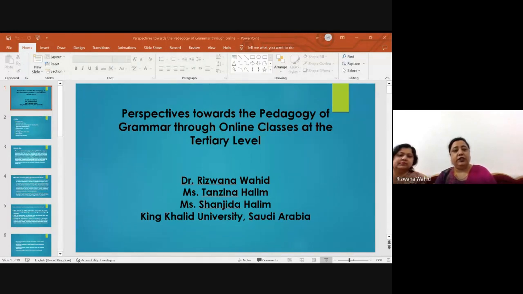Similarly, for the student participants, a questionnaire consisting of 7 closed items was prepared on the same 5-point Likert scale, starting from strongly disagree to strongly agree. For the students also, the questionnaire was based on the perspective of students who had taken grammar classes online